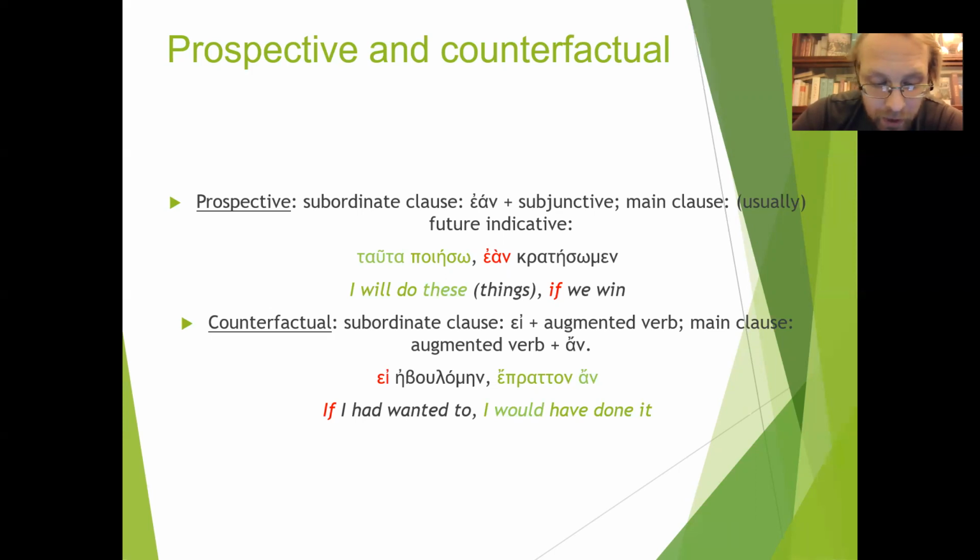How about the counterfactual ones? In these cases, we typically have in the subordinate clause the conjunction ei together with an augmented verb. That is an aorist indicative or an imperfect, or it could also be a pluperfect. The subordinate clause in these types of sentences then gives expression to a counterfactual state of affairs. That is, to events which, as a matter of fact, never took place. And here, the main clause, in turn, has a verb which is augmented too, so the verb is either an imperfect, an aorist indicative, or a pluperfect, although we haven't learned the pluperfect yet. And this augmented verb in the main clause is the